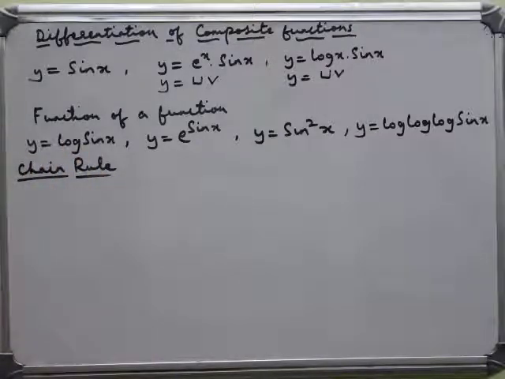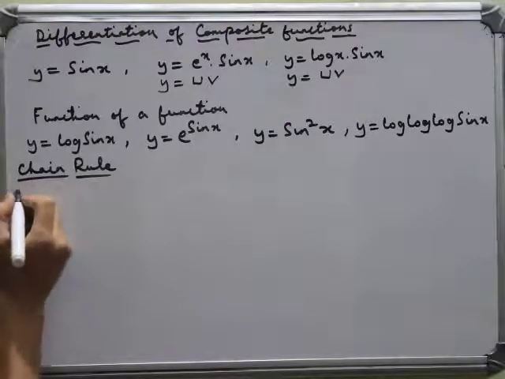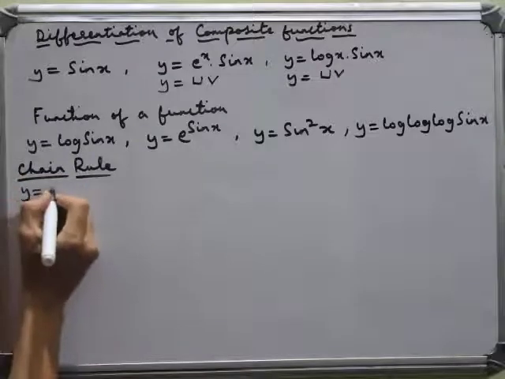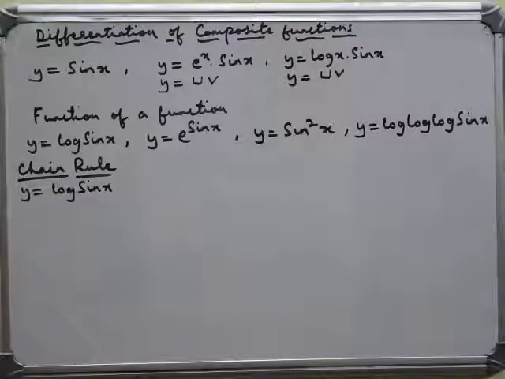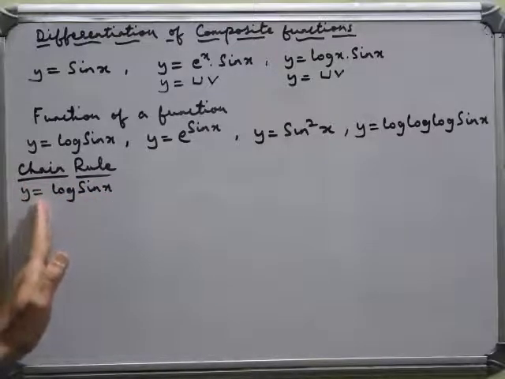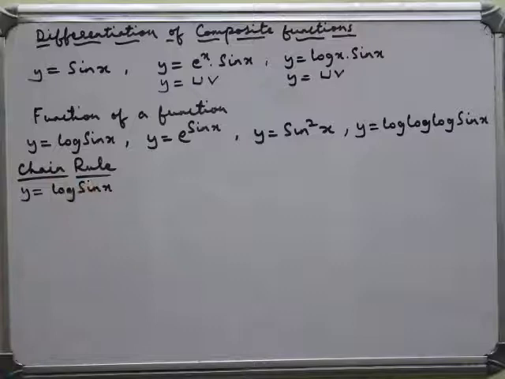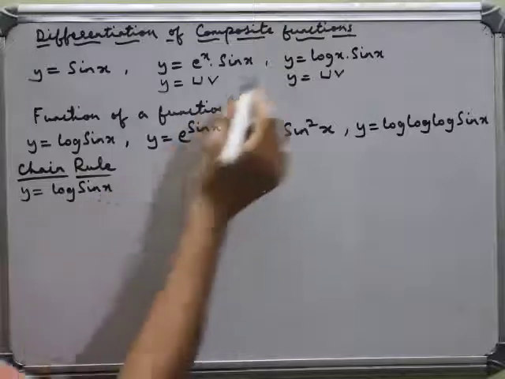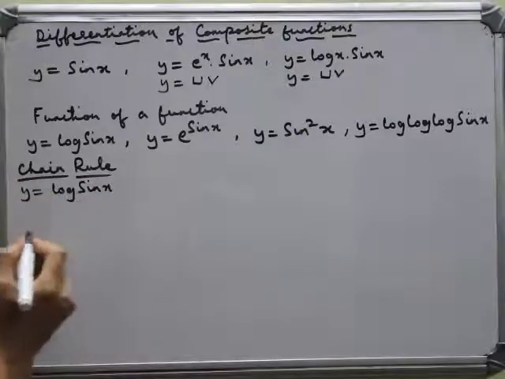Log of sin x. Let's take the first function. How to differentiate this? See, when you have functions like this, what you have to do is start from the leftmost part, and differentiate up to the last function. Start with the function at the left first and then differentiate until the last function. If it was log x into sin x, you would have used the product rule. This I have already explained. This is log of sin of x. Okay, how to solve this?